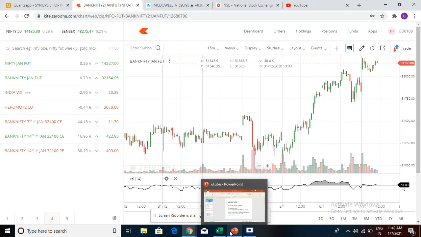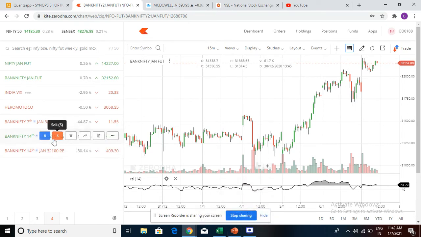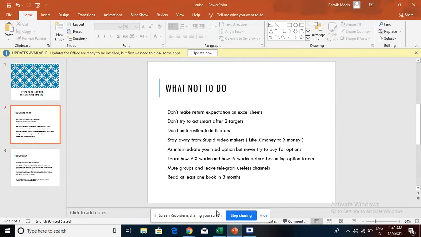Okay, you cannot buy. If you want to buy options, you have to buy in the money options. These are not in the money options. I just made this strike here because of the straddle. So you have to buy in the money options. You have to learn that. Don't buy far options. I know you tried options and bought far options in hope of making 5x, 2x, 3x, 4x money, but